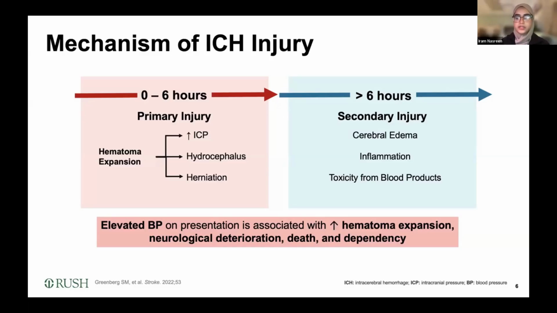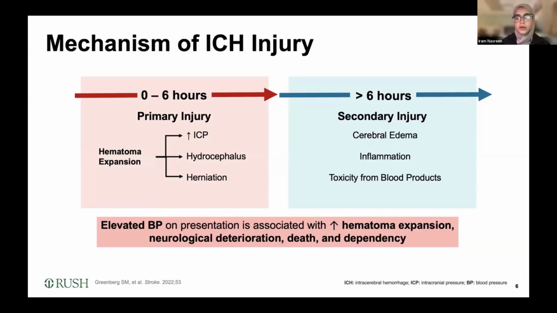There can be hydrocephalus from blood entering the ventricular system, causing cerebrospinal fluid flow obstruction and further increasing your ICP and compressing brain tissue. And there's also risk of herniation as a mass effect from hematoma, edema, and hydrocephalus, and this can displace your brain tissue, causing herniation, including potential for brainstem compression, leading to respiratory dysfunction that can increase your risk of mortality. And then for secondary injury, this can develop hours to days after your initial bleed, and